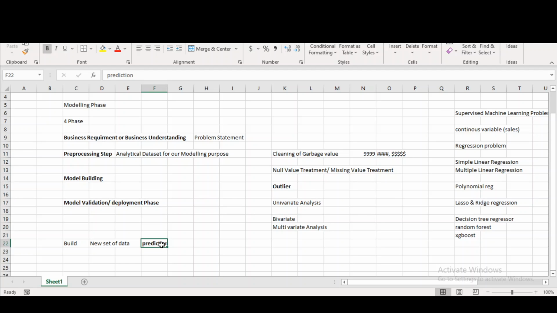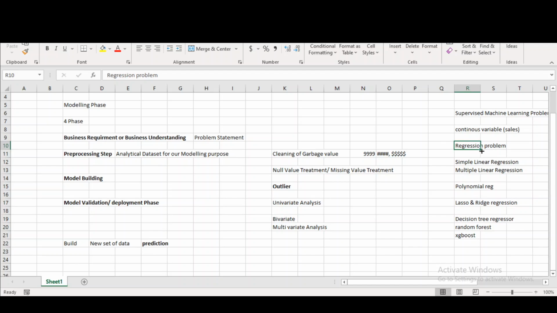For example, if we take sales, right? I have the sales data from Jan to June, so I will be doing model building on that data set from Jan to June, and then I will be passing the attributes to the model which we have built, and it would be predicting the sales of July, right? So we would have a predicted sales of July, and after July ends, we will have the actual sales of July, and then we can see the comparison of how well our model was able to predict it, right?